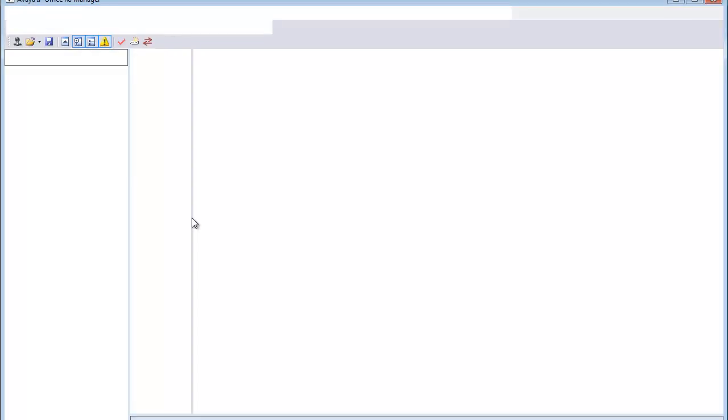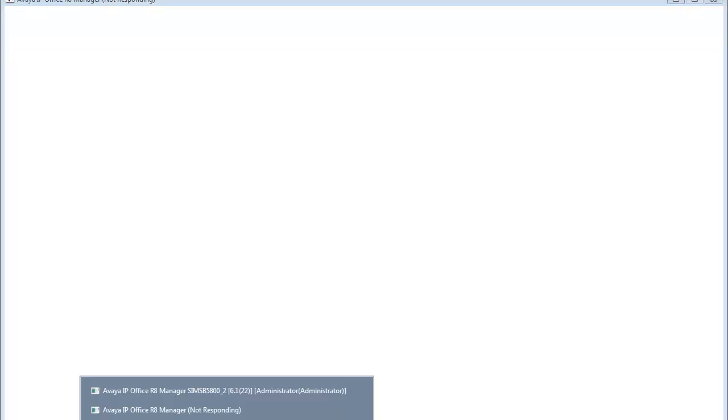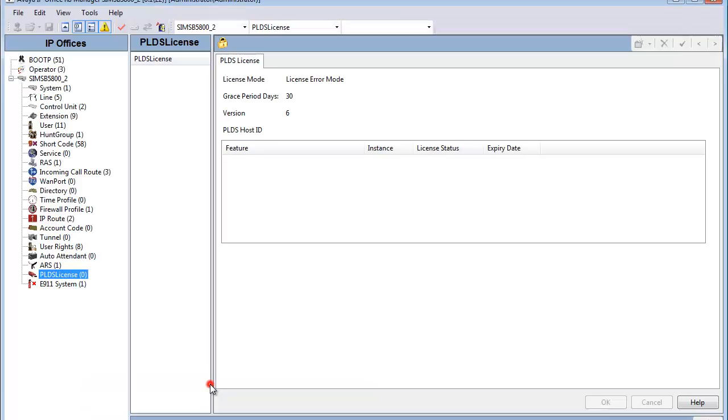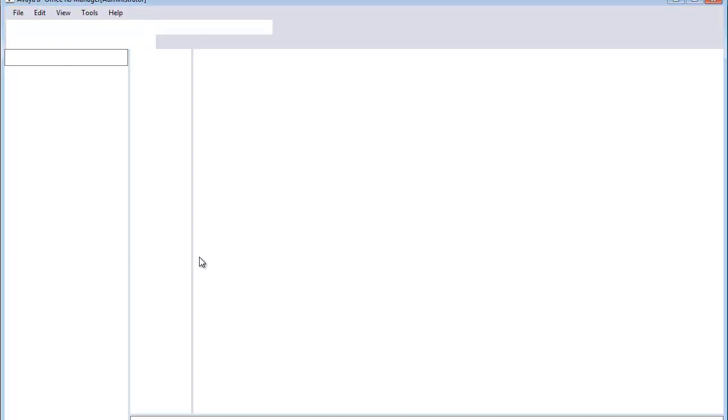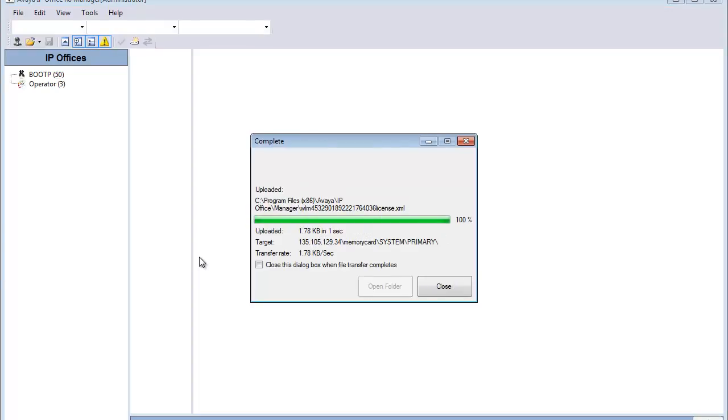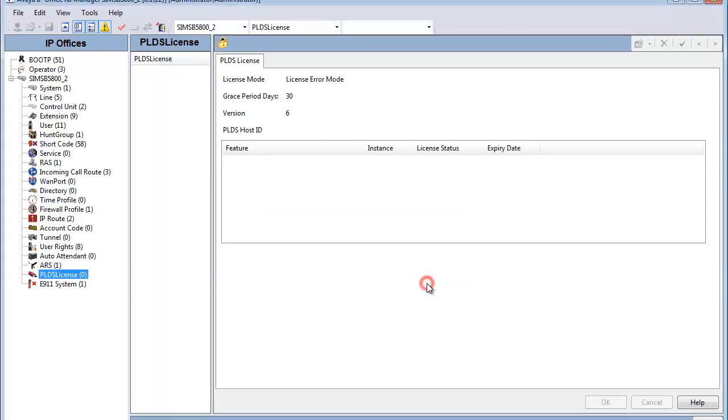And I'm going to let this run now in real time on purpose, because I don't want you to give up on the fact that it is sending the license file up to the B5800, up to the secure digital card. So you see I'm selecting different screens. I'm just letting it get focused because it will pop a new screen. There we go. And it sends it up to the file. Sometimes it gets lost, comes back into focus, and it sent that PLDS file, that WebLM file, up to the